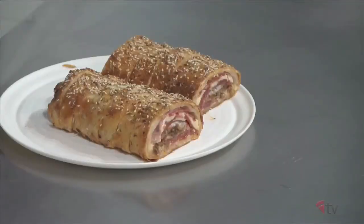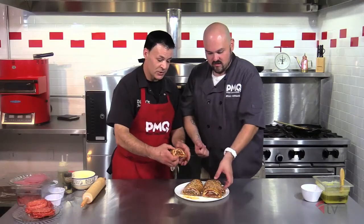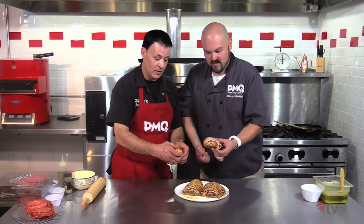So would you like to go first? Let's do it. We could do it simultaneously. Simultaneously? All right. Let's do a little bit of a cheers there. I'm gonna take a bigger one. As you can see here, the steam's still coming off. Yeah. I just cut it, so there's still crunch on the outside with that